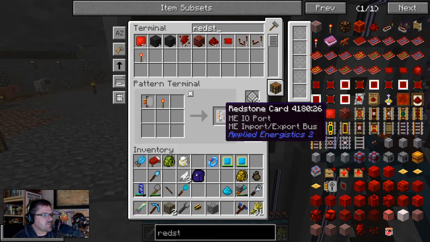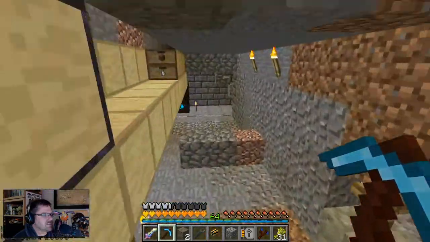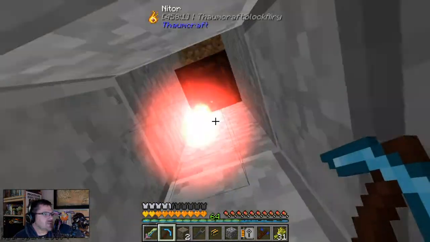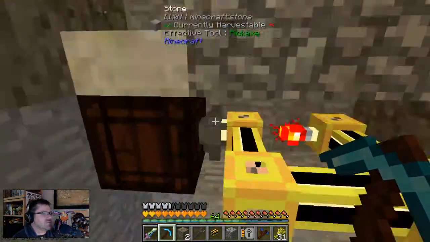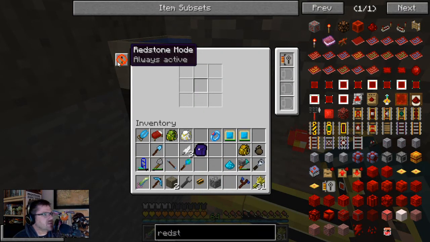Okay. So the redstone card facilitates the ability to, well, I wouldn't say the ability. It tells the thing you can turn on or off when there is something there. Okay, so always active. Now,